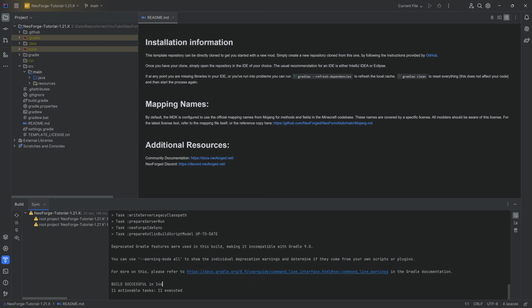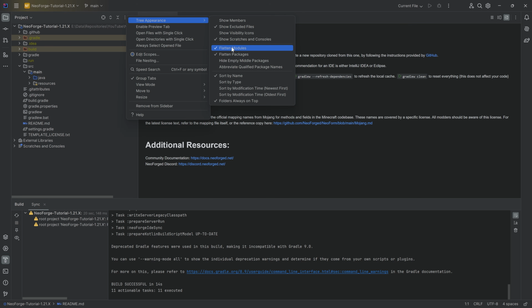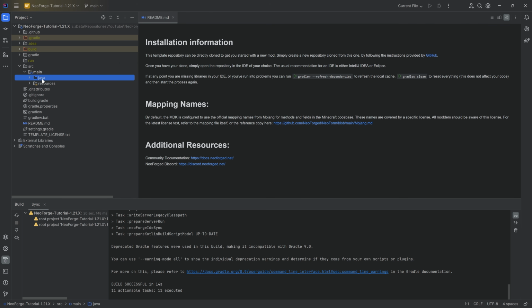There's a couple of things that we can do to mitigate the build fail, and hopefully get you to a build successful. If this is the first time that you're using IntelliJ, the first thing you want to do in the project right here on the left, you want to go to the 3 dots, tree appearance, and you want to make sure that compact middle packages, flatten modules, and flatten packages, all of those are turned off. That is going to be the ideal way that this is set up, because that is the setup that I have, so that you're not going to be confused thinking, oh, this looks different than I have it. And then you're going to be good to go.